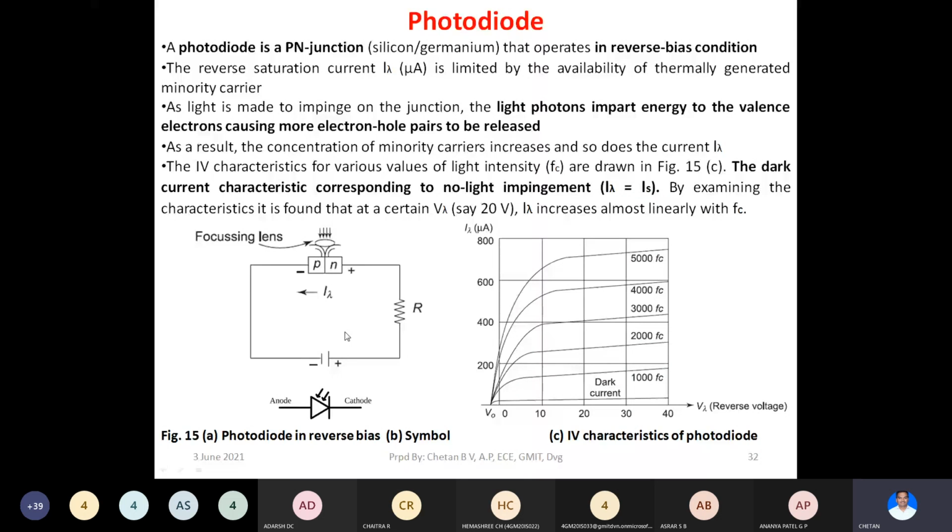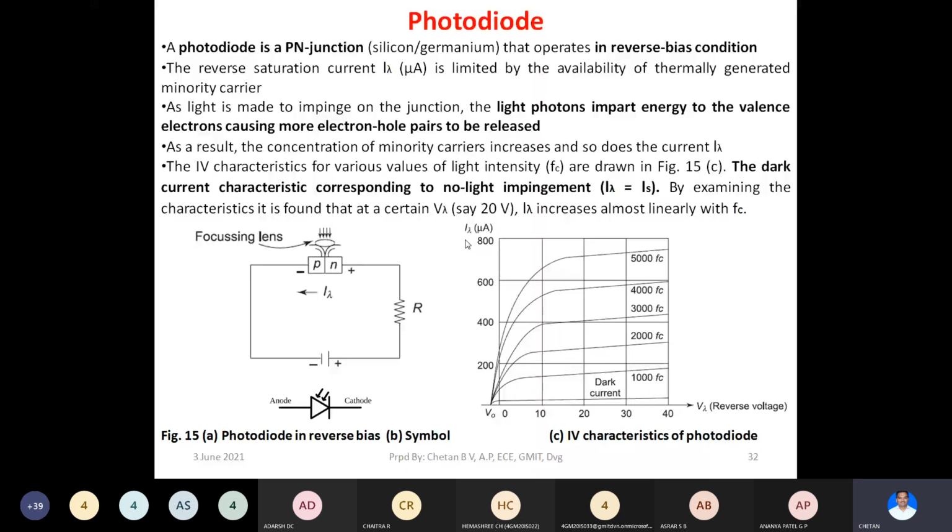And you would be curious enough to know the applications of this photodiode. In this pandemic situation, you are using this photodiode in your day-to-day life. I hope someone would guess this, right? The pulse oximeter that you are using consists of a photodiode and an LED. The light from the LED falls on your finger, and through your finger, the light falls onto a photodiode, right? So the application of a photodiode is constructing a pulse oximeter. It finds its place in the pulse oximeter.